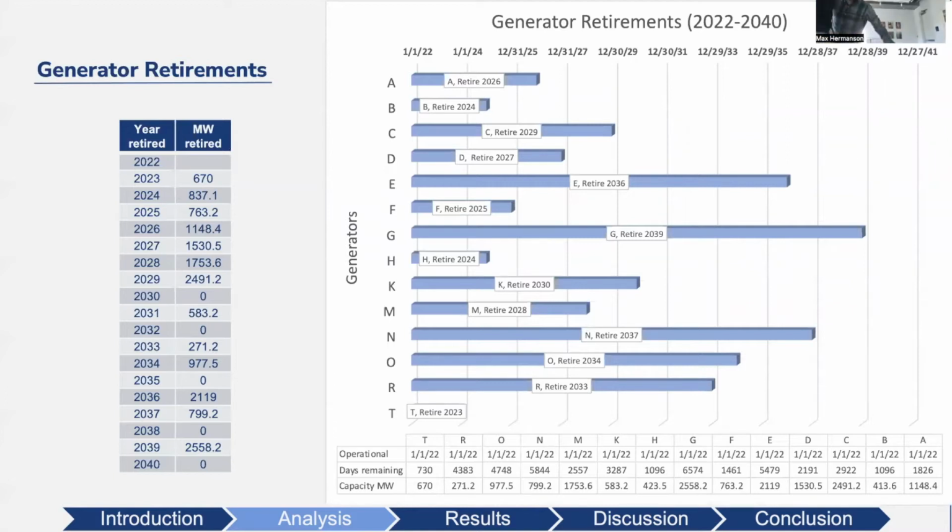Yep. So to maintain system performance reliability, we wanted to make sure that we were balancing all megawatts retired with megawatts coming back online. If you take a look at the graph on the left, you'll see that megawatts retired increases over the first 23 to 30 period, and then again increases from the 33 through 39 period. On the right, you'll see the specific generator listed in the y-axis and its length of operation until it is retired.